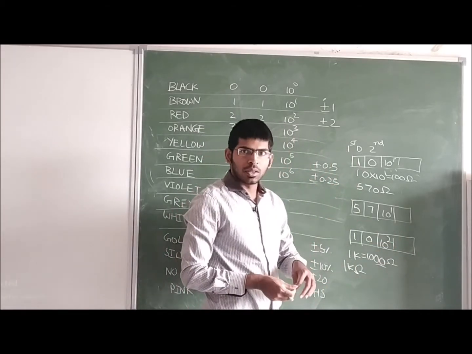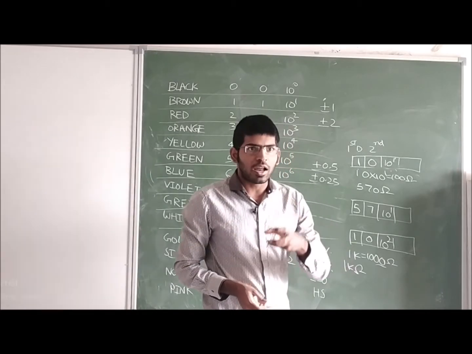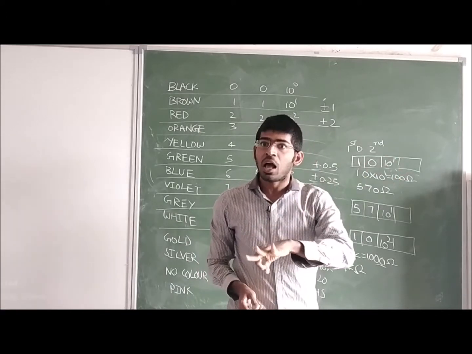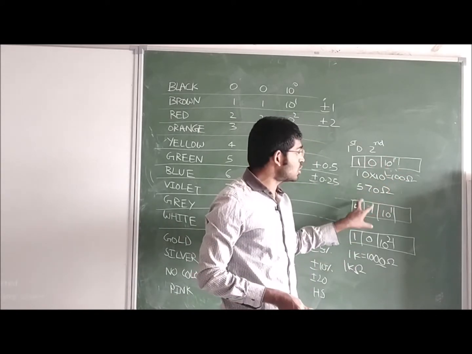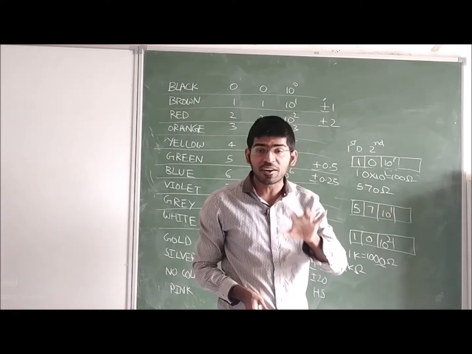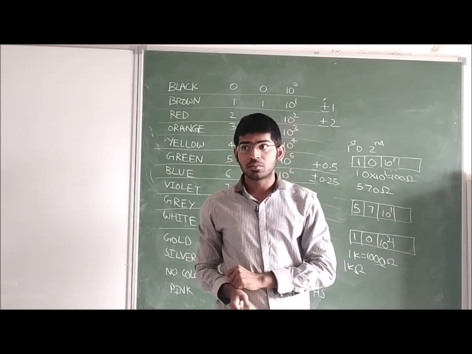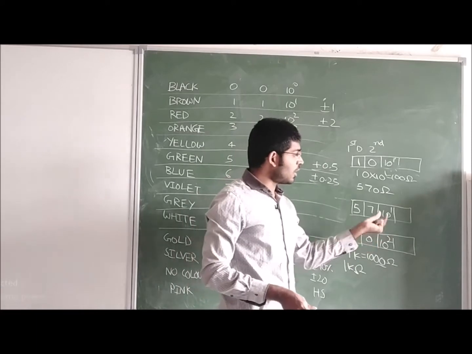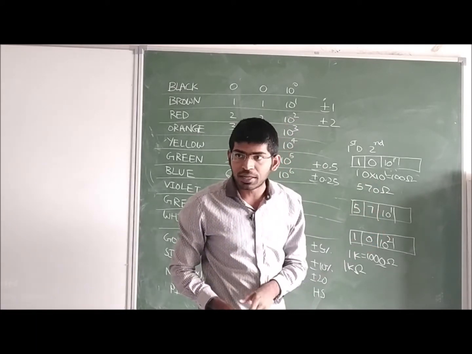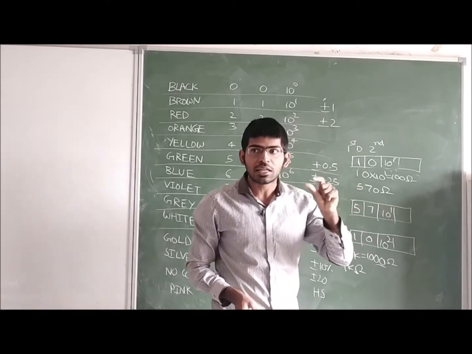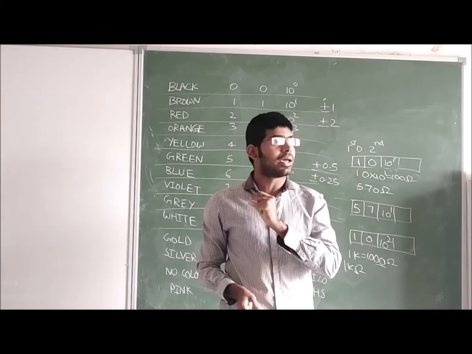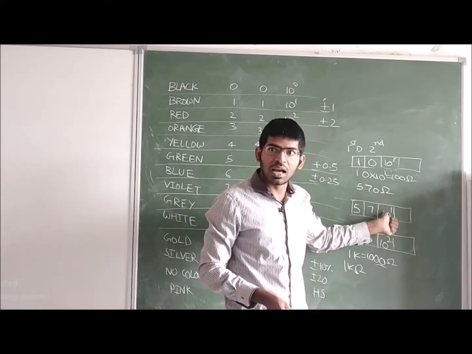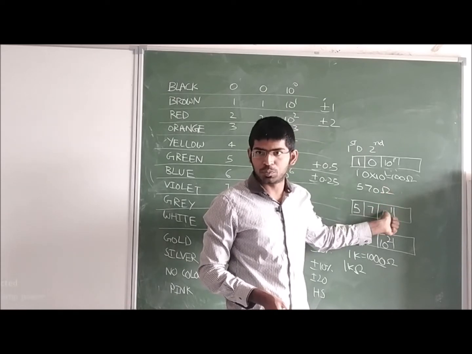This is how we are taking a resistance value and trying to fit that value in these three boxes. Out of these three boxes, the first two boxes are left only for entering the digit values. The first box value may vary between 0 and 9. The second box value may vary between 0 and 9. And the third box value is the multiplier. It is a decimal multiplier. So we have to write 10 to the power 0 or 10 to the power 1 or 10 to the power 6 or 10 to the power minus 1 or 10 to the power minus 2.